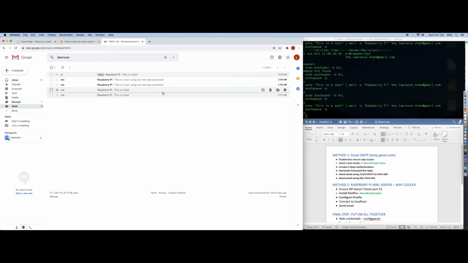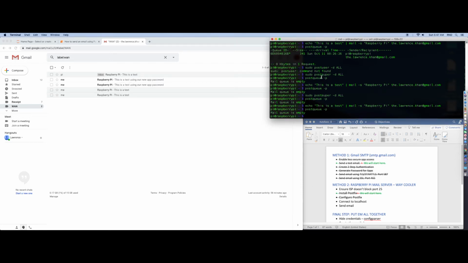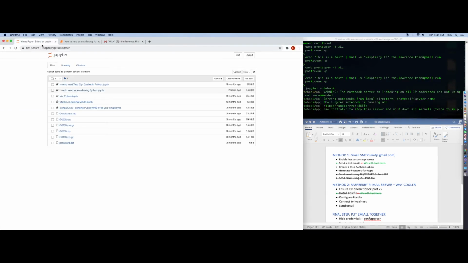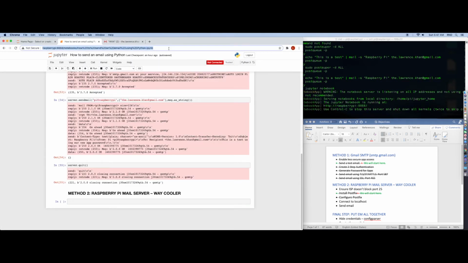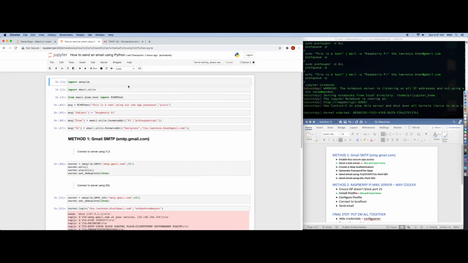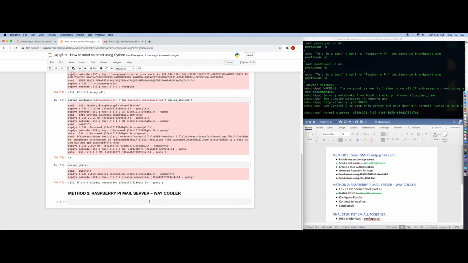Great. So how do we use this now? Can we use this through our application? Let's try to use Python to send this. So I'm going to turn on my Jupyter Notebook again. That should be running, and good. There we go. Let's run all of these lines, but I'm not going to run those. I'm going to go back all the way to the bottom, and here I'm going to say server is equal to